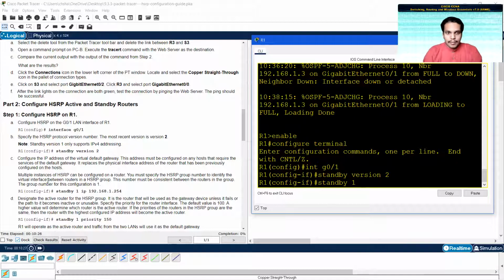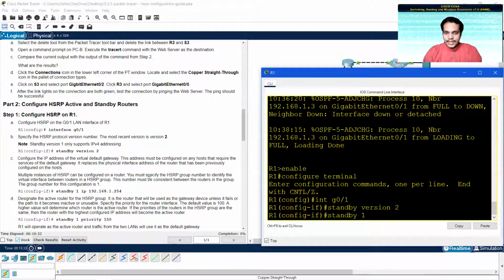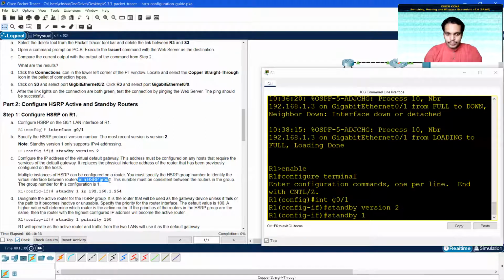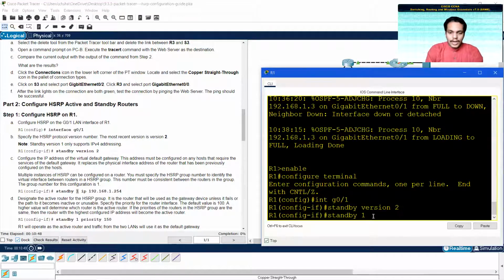Please remember that multiple instances of HSRP can be configured on a router. Now you must specify the HSRP group number to identify the virtual interface between routers in an HSRP group. This number must be consistent between the routers in the group. So that's the group number. So standby group number 1, and then I need to issue the virtual router's address.